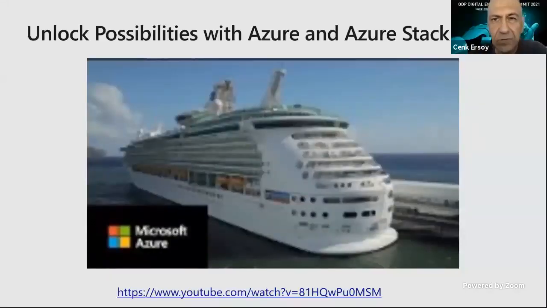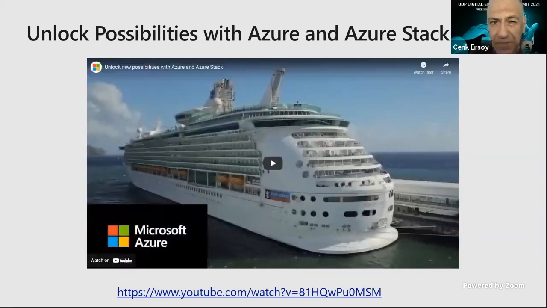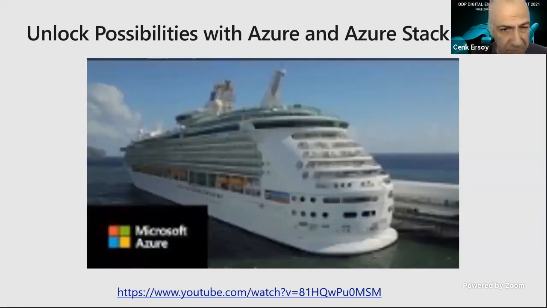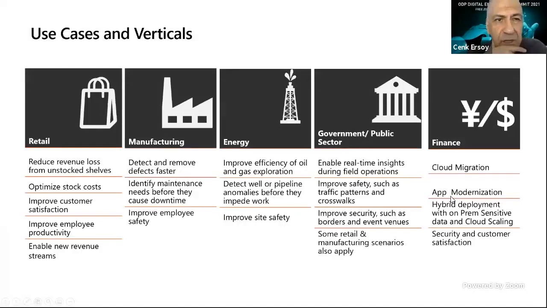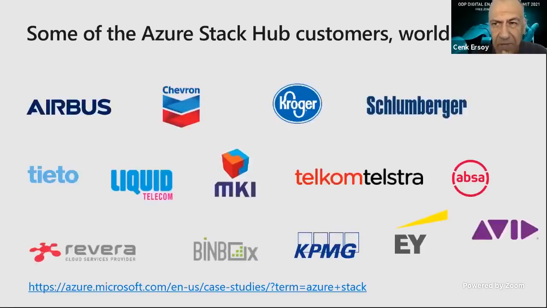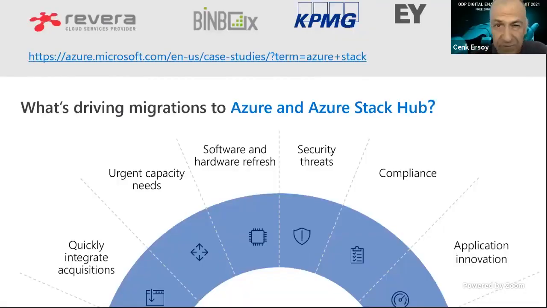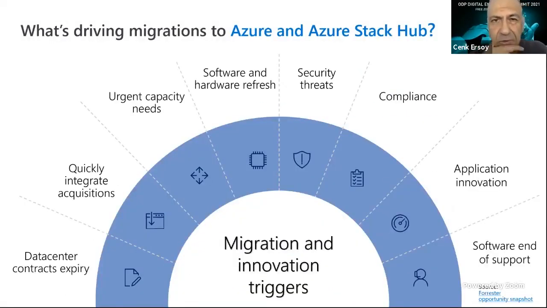A little short video for you to enjoy, to see what Azure Stack Hub does, completely isolated. Sorry, let me actually bypass that so we don't lose time. Different use cases, applies to different technologies and different sectors. You can run any custom applications that are Windows and Linux based, actually, in addition to the PaaS services that we provide. And these are some of the happy customers, from Schlumberger to Airbus to Chevron. We have about 400 or so right now, big customers around the world, ODP being one of them in my region. I'm very proud. And you'll have the slides, so you'll have the links to look at those.